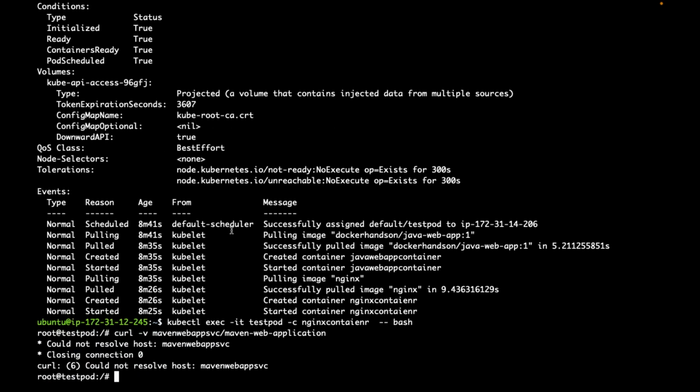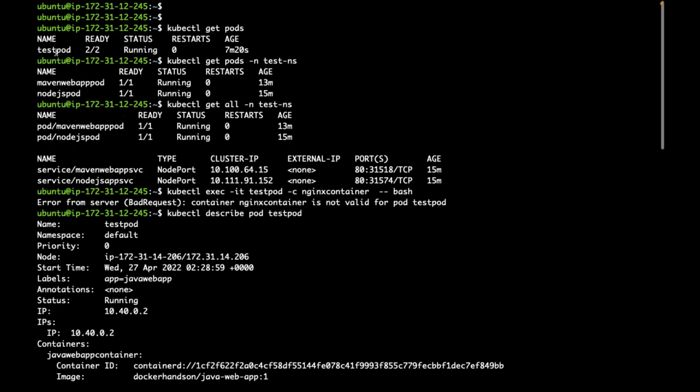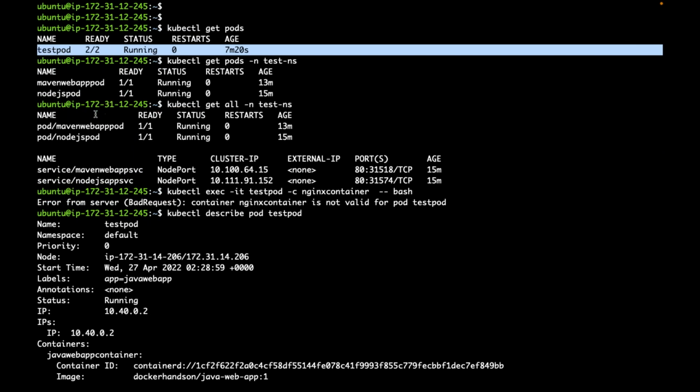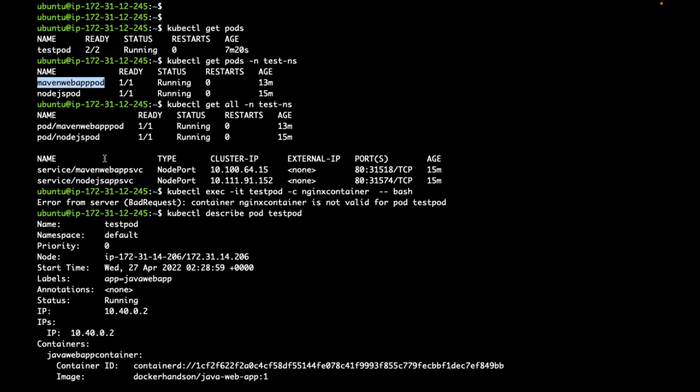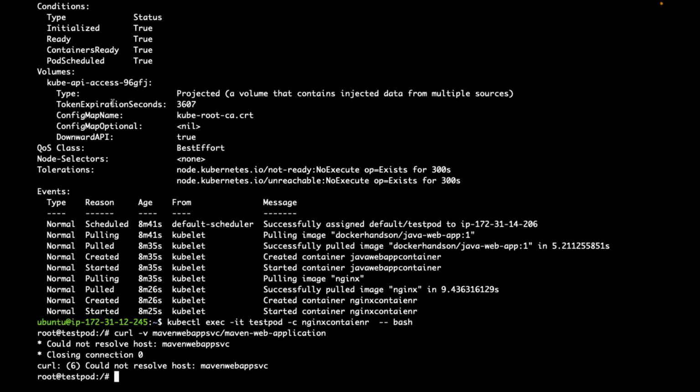Now why am I not able to reach this pod from this pod using this service? Because of the namespace.